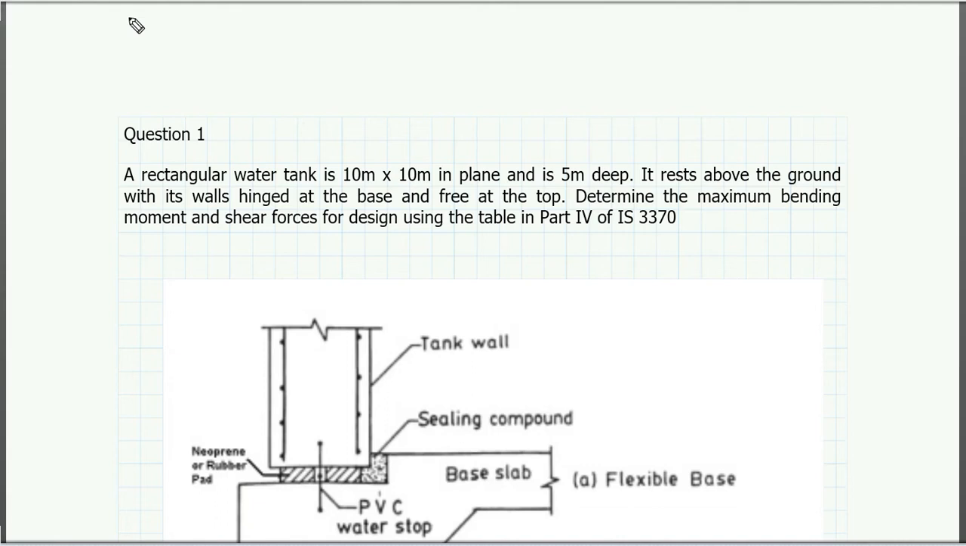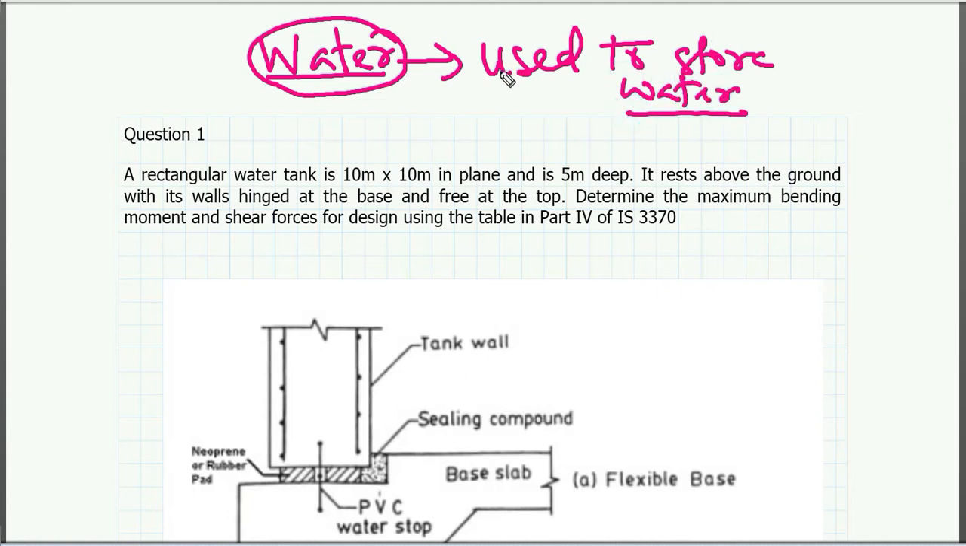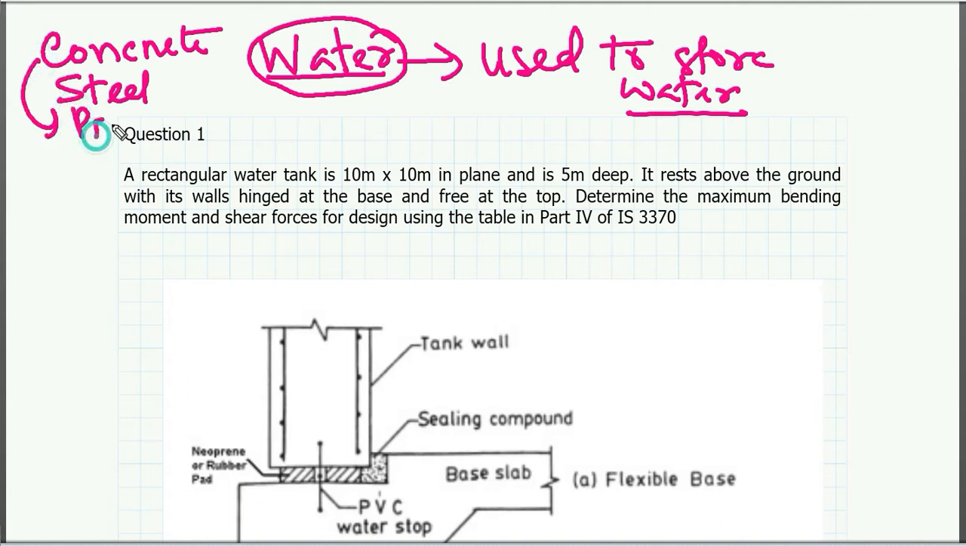Hello everyone. So today we are going to discuss the design of a water tank. So you all know about water tanks. Water tanks are nothing but structures used to store water. There can be many different types of water tank, depending upon the material used. It may be a concrete water tank or RCC water tank, it might be a steel water tank, or sometimes it might be a pre-stressed water tank,